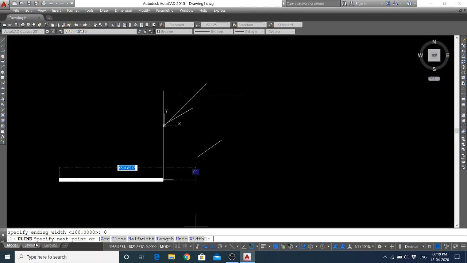Now it is asking to specify the next point. See, now I would like to draw this current line up to this point. This point means not directly from here to here. I would like to end the line parallel to this point. Okay, so what I will do is